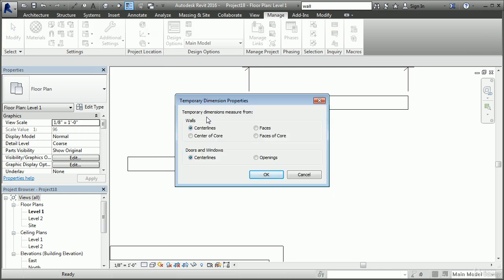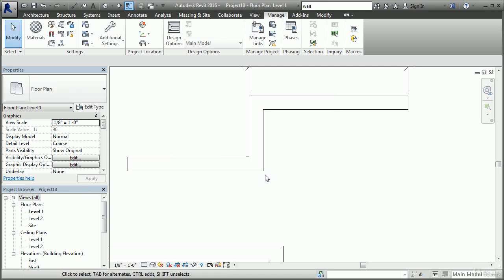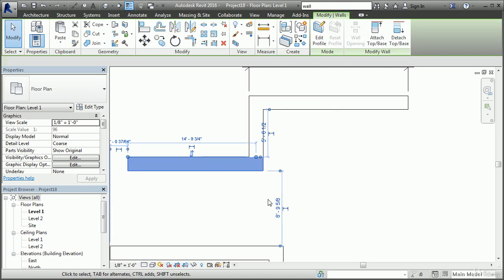And I can say that the temporary dimensions should not measure from the center lines of walls, but to the faces of walls. And if I want the doors and windows to be located from the edge of the opening to the face of the adjacent wall, I can change that as well. Now when I pick OK, if I pick this wall,